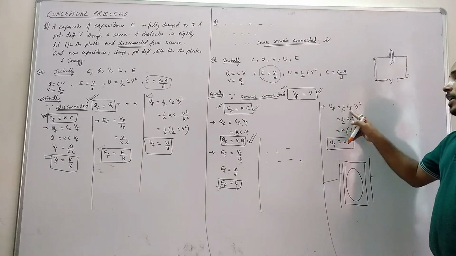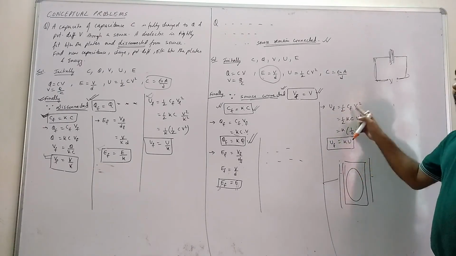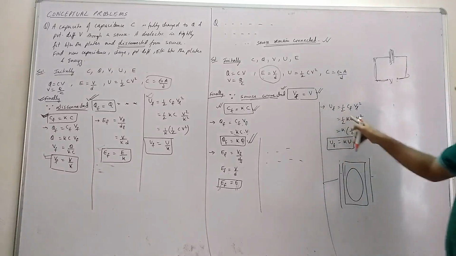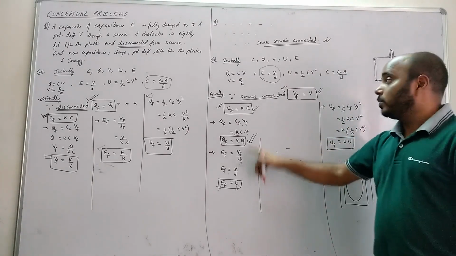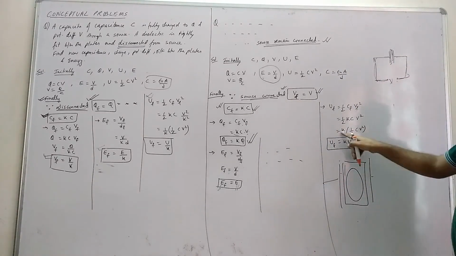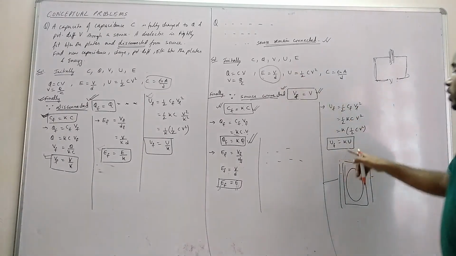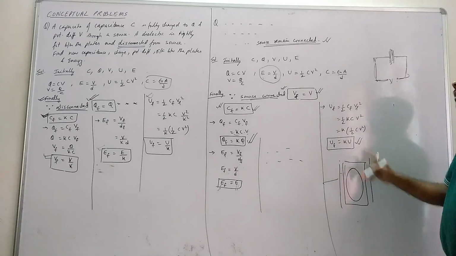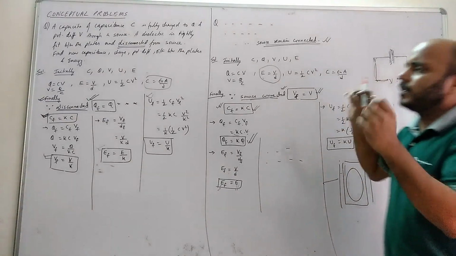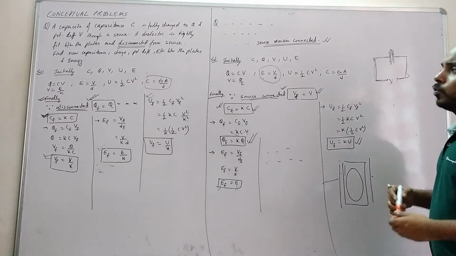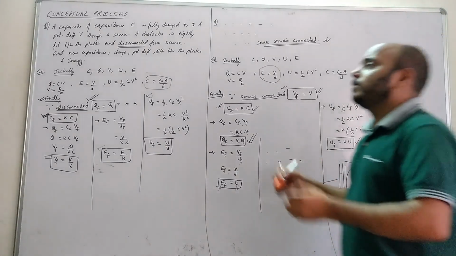Now calculate the final energy. Half final capacitance, final potential whole square. Final capacitance we know, KC, substitute here. Final potential difference we know, it is the initial potential difference, substitute here. So K times half CV square. What is half CV square? Initial energy. So we got energy increasing by K times. Okay, this is very important, class. You cannot afford to forget this; every time you face these questions.